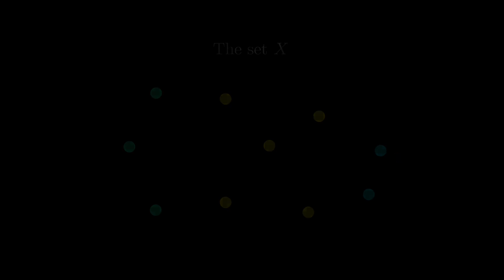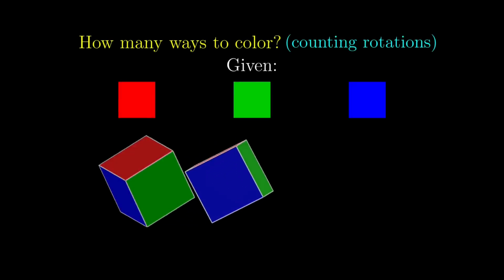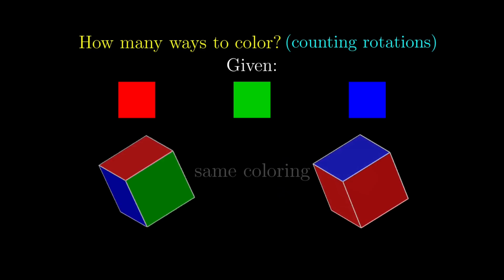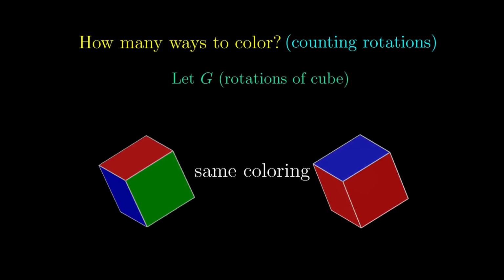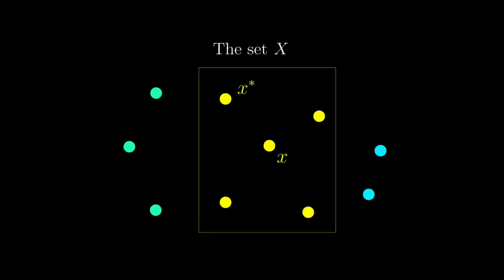With a bit more knowledge about orbits, let's see what we actually want. We want to count the number of ways to color a cube with symmetries in mind. The natural action to take is to let the group of all rotational symmetries of a cube act on the set of all the possible colorings. Representing the set of all colorings as these little dots, what does being in the same orbit mean? Or what does being able to transform from x to x star mean? Because G is the group of rotational symmetries of a cube, that means we can go from x to x star via a rotation.